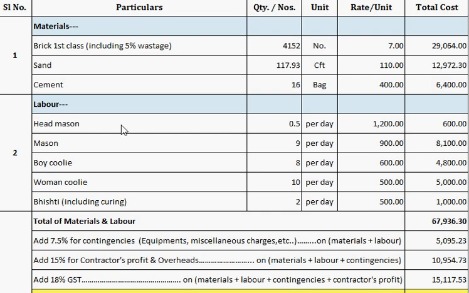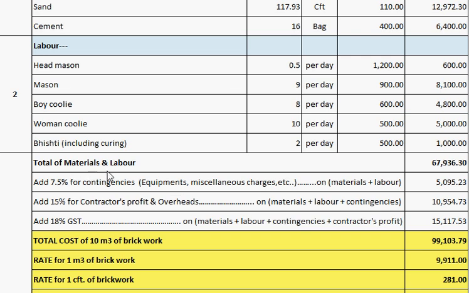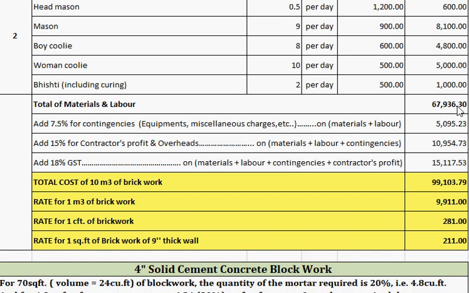So here labor required are head mason for half day, or we can write it as 0.5 per day, and mason 9 per day, boy coolie 8 per day, women coolie 10 per day, bhisti including curing 2 per day, and these are the total labor cost per day. This is the total labor cost, and total of materials and labor is 67,936.13